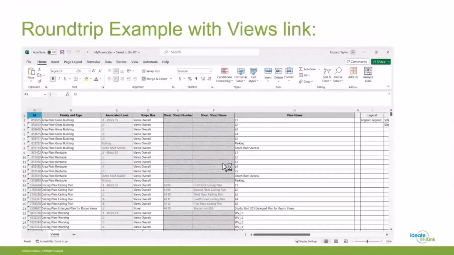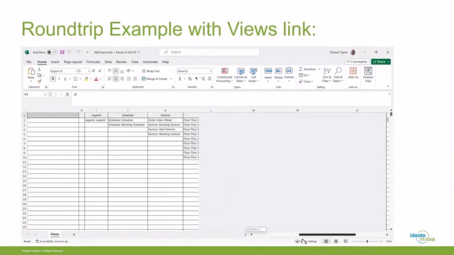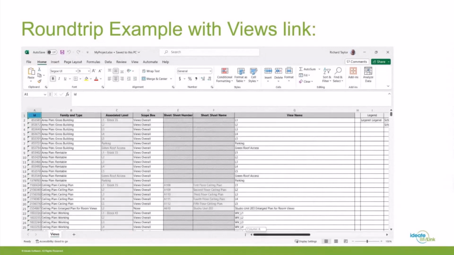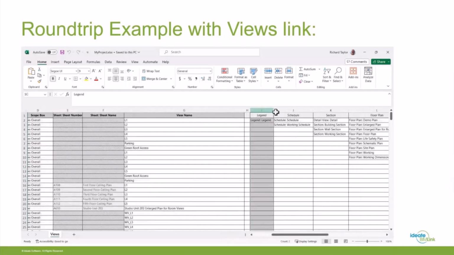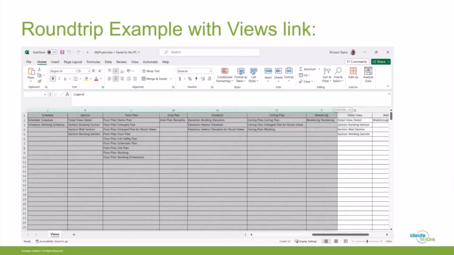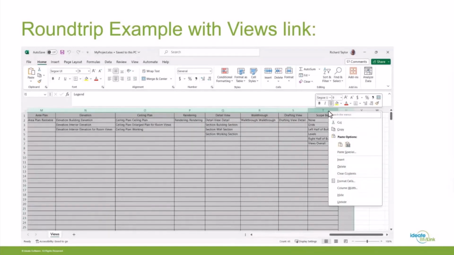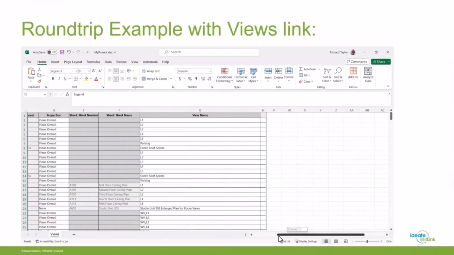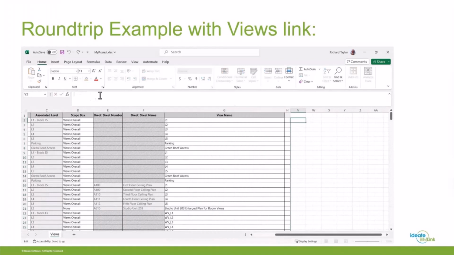I'm now going to open up that Excel file, right? And so this is the data that is coming directly from ID8 BIMLink. And all of those columns to the left of H, you might wonder, well, what are these? Well, these are drop-down selections, allowing me to fill out the information in Excel without having to remember, let's say, the view type, or if I spelled something wrong, like the room types and so forth. So for this exercise, I'm not really going to use that. So what I just did is I hid those very quickly.